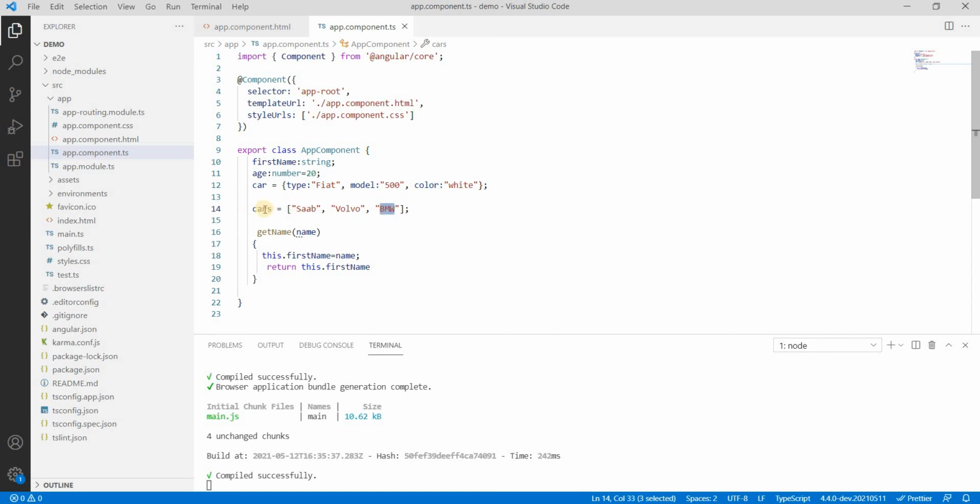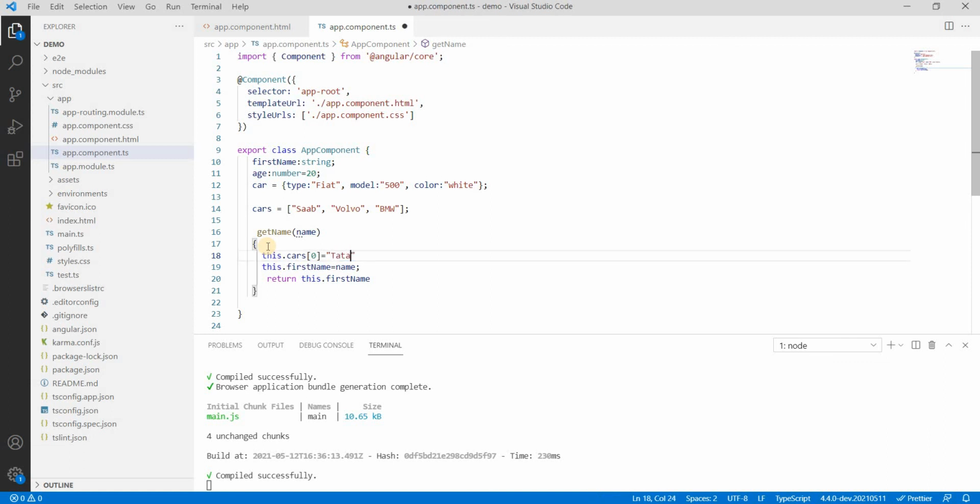Now how can we use this particular array? First of all, how can we use it inside our Angular? So we can use this dot cars. Suppose at index 0 I want to modify the value, then I can say let's its name is Maruti, or let's say Hyundai.